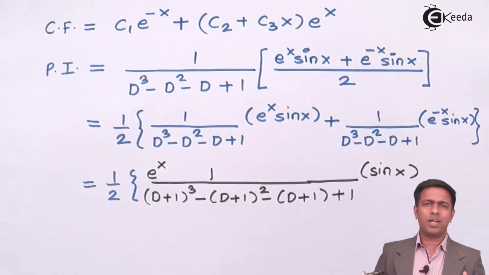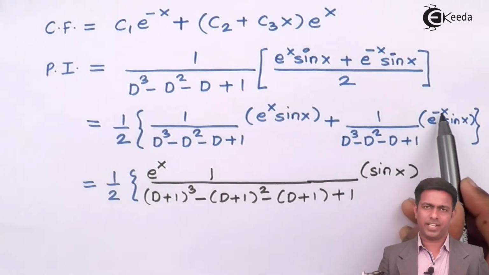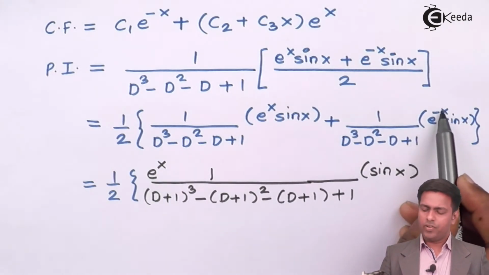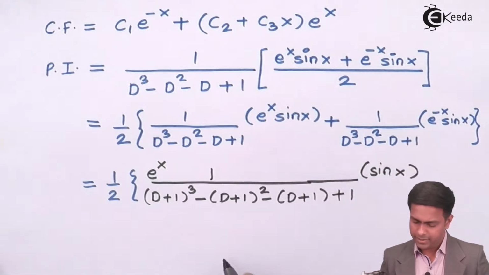Now we'll do a similar process on the second term. So here the value of a is minus 1, and that is why we'll replace d with d minus 1. So here we will get,